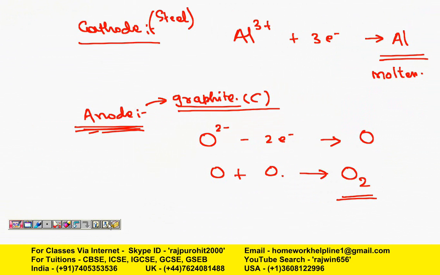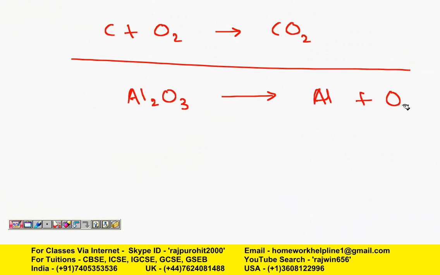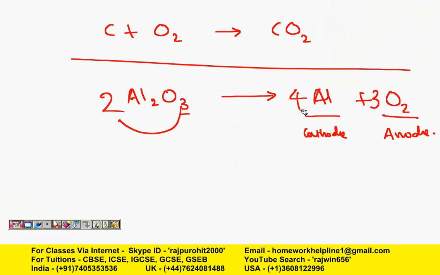We will just see the electrolytic vessel first. Before going into that, I will just give you the overall reaction. Al2O3 is there. The overall reaction of electrolysis gives you aluminium plus oxygen. Aluminium is formed at the cathode, and oxygen is formed at the anode. You can balance this equation. This is 3 over here, make this an even number. 2 3s are 6, 3 2s are 6, and there will be 4 aluminium. So this is the balanced equation for